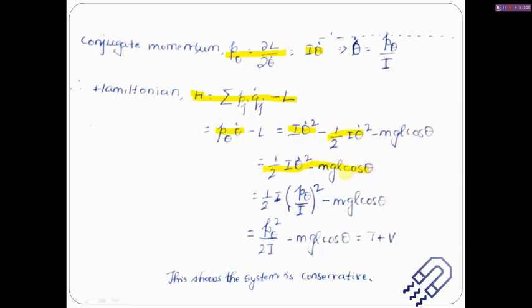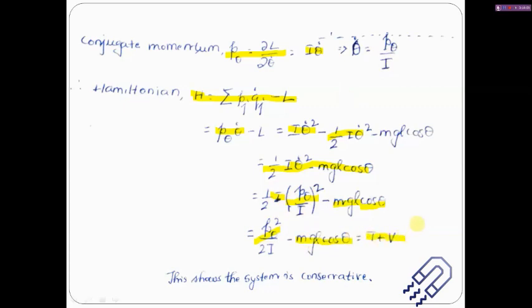And then I will write it down in terms of momentum. So I'll just replace this theta dot. Theta dot is p theta by I. So I'll put p theta by I. So it is I into p theta divided by I whole square minus mgl cos theta. Then I can write it down as p theta square divided by 2I. You can actually get the maths: I square gets cancelled and we have this. So this is nothing but kinetic energy plus potential energy.